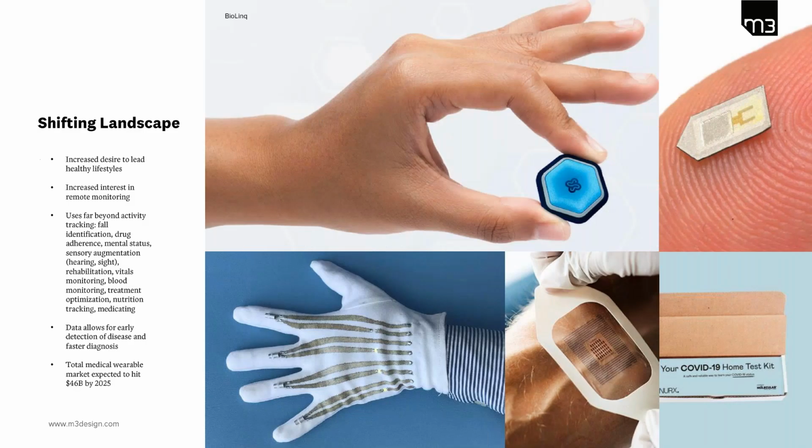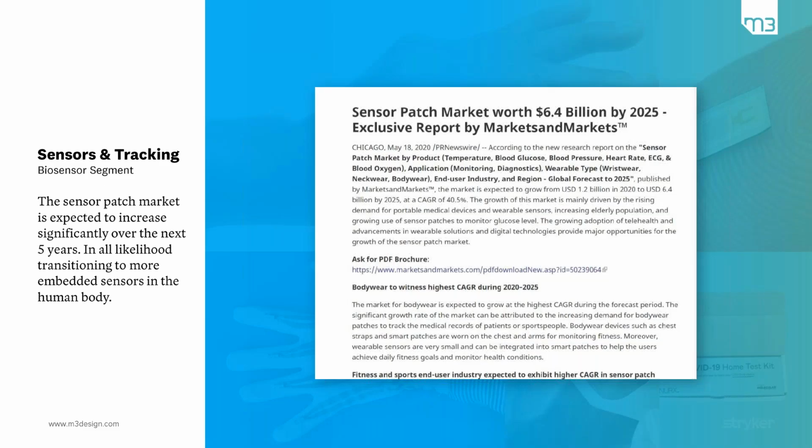And biosensors are things like the patch here in the bottom center image. And those are very, very small, adhere directly to the skin, and they're typically disposable. And the anticipation is that in the future, these may actually become something that is implantable, something that's very, very small that can be injected subdermally, and that maybe you're living with all the time.